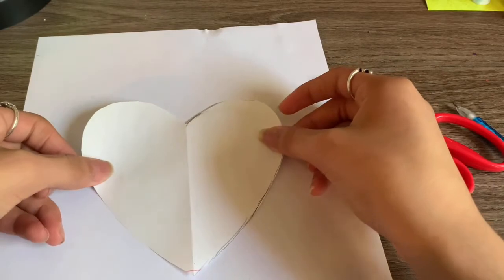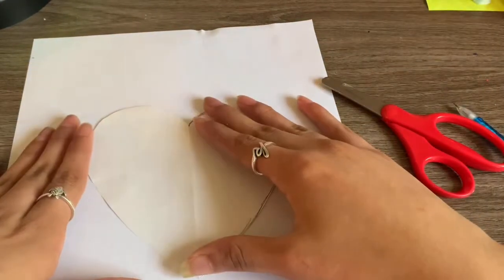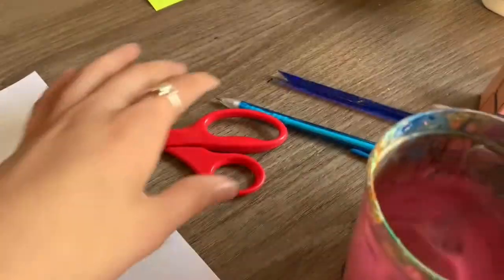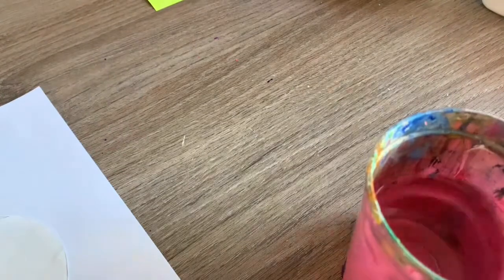You're going to place it right in the middle so it looks perfect. Okay, that looks nice right there. So what I'm going to do is I'm going to get my cup of water and I'm going to dip my paintbrush in it and